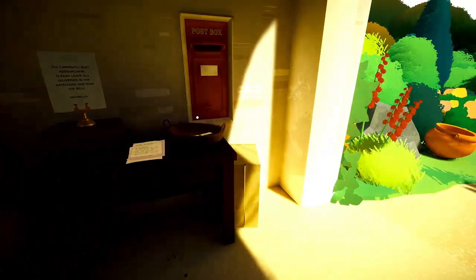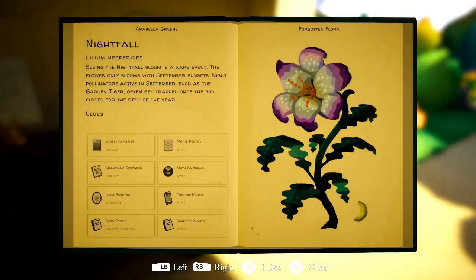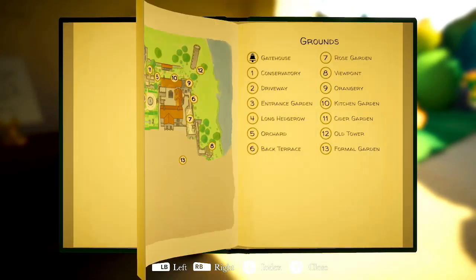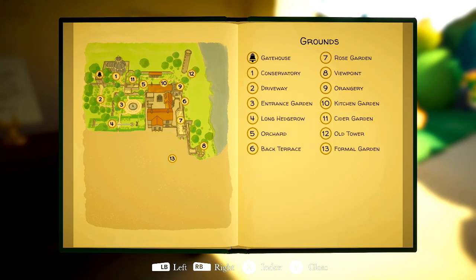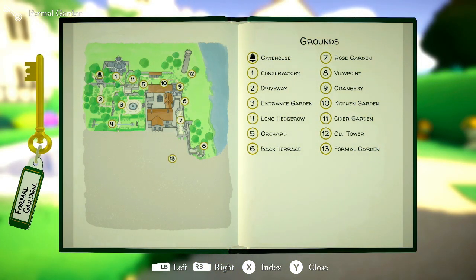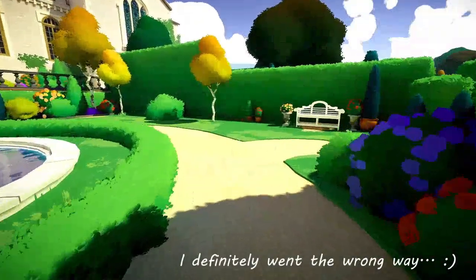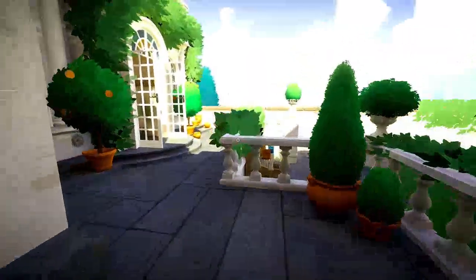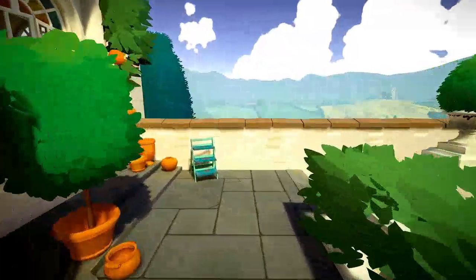All right, Jimmy. Anything else? Guess not. Okay, before we grab that key, I'm just curious. Let's go back to the index, and then let's go to maps. So the formal garden is 13, which is way off in the distance. Wow, do we have an entirely new area of the map? Dang, we might. So how would we get there? It looks like through 4, which is the long hedge. Okay, so it must be over here. Back terrace is 6. Okay, yep, so we go down, which should get us into...